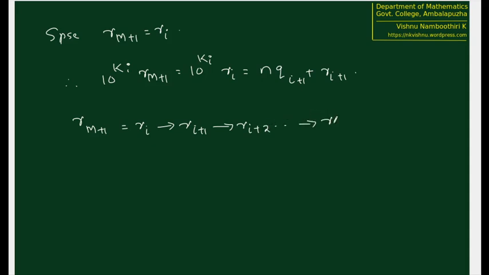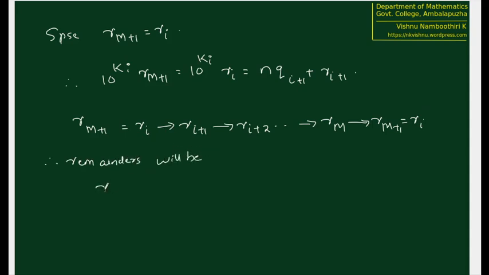Going on like that, we will get the remainder Rm, and after that it will be again Rm plus 1, but that is nothing but Ri. So the remainder is Ri plus 1, etc. Rm will be repeating indefinitely. So the remainders will be,